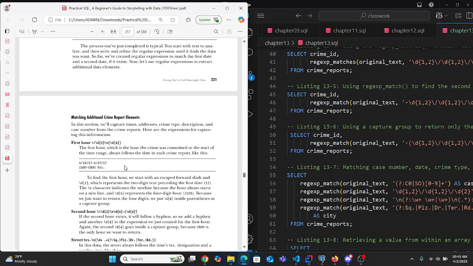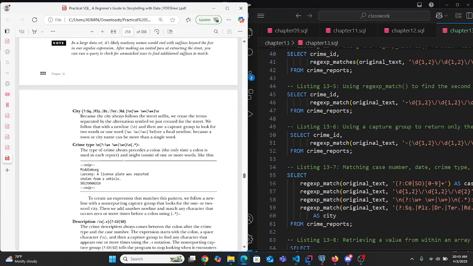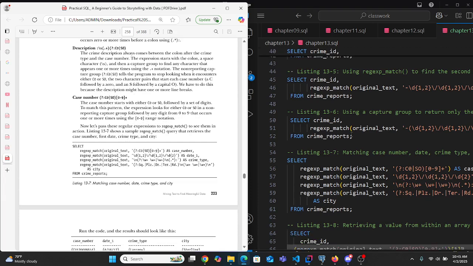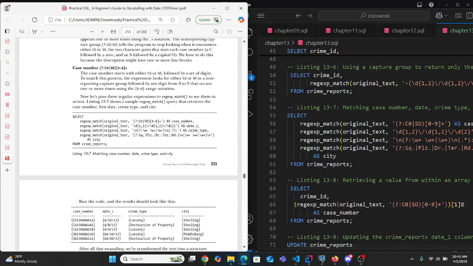And then we'll move on to 13.7, where we are matching the case number, the date, the crime type, and the city. So we are basically matching everything that is on the docket with the crime. So we're gonna select the regex match of original text, then we will have the date there, and the case